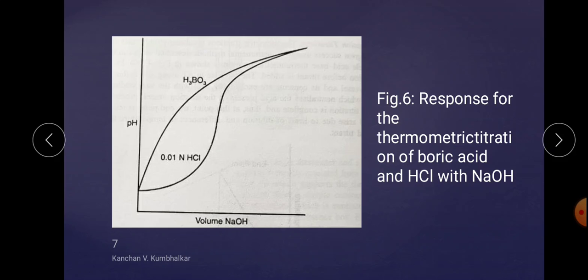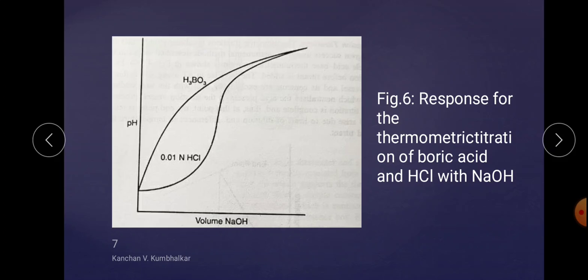In this circumstance, it is not necessary to add exactly the required amount of titrant, but any excess added does not result in an increase in temperature, but merely in a change of slope in the curve of temperature versus volume of titrant. This is therefore not a source of error as it is in conventional volumetric analysis.